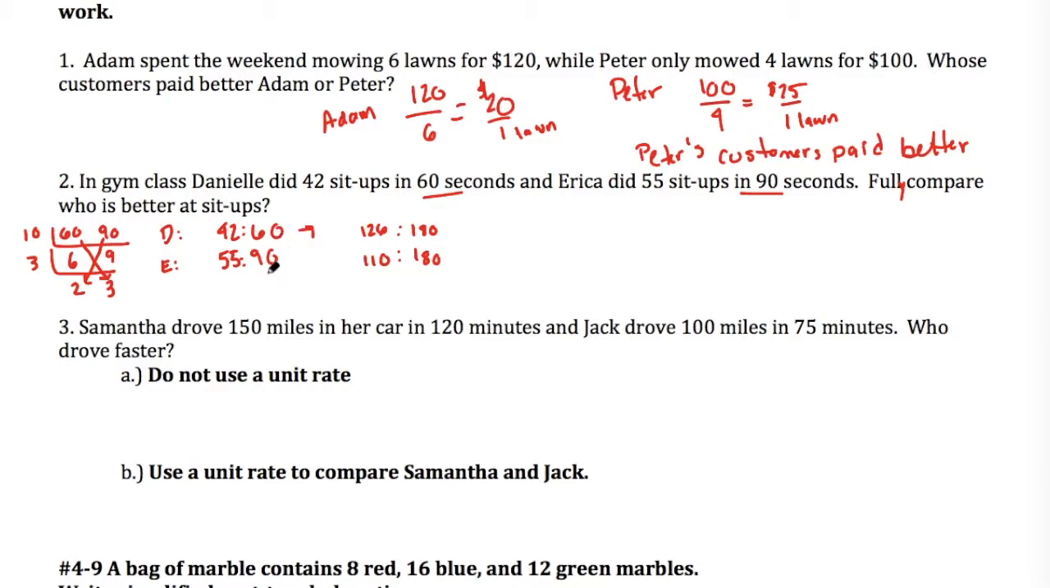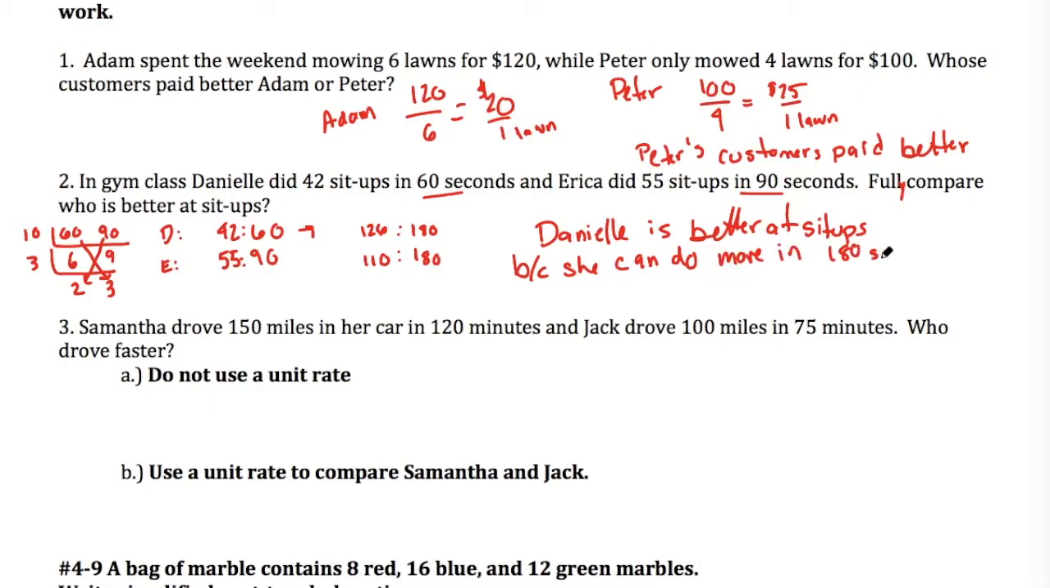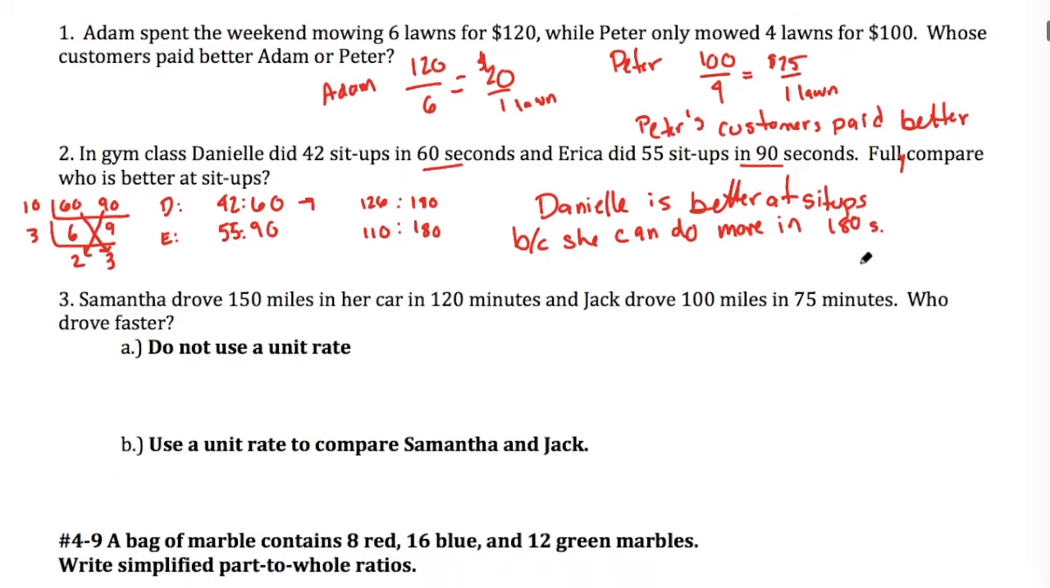And this one, to me, the easiest and quickest thing would be, let's make 60 and 90 into a common number, in this case 180, and we can then say Danielle is better at sit-ups because she can do more in 180 seconds. Now, you could kind of elaborate, say that in real life maybe Danielle would start to get tired on the second 30 seconds, but from the information that we've gathered, Danielle seems to be doing sit-ups at a faster rate